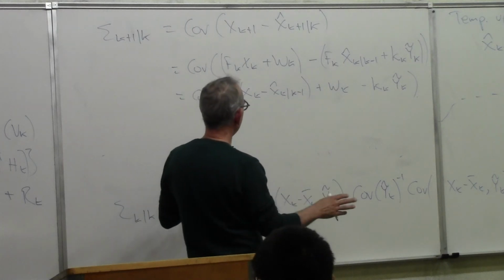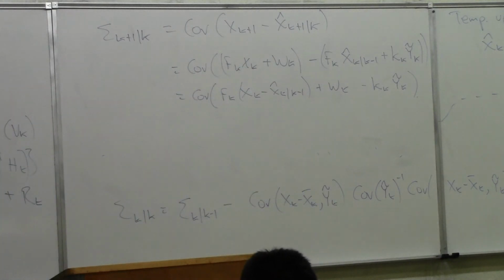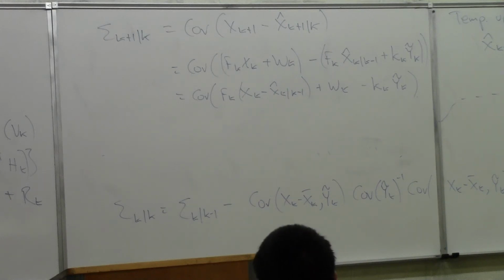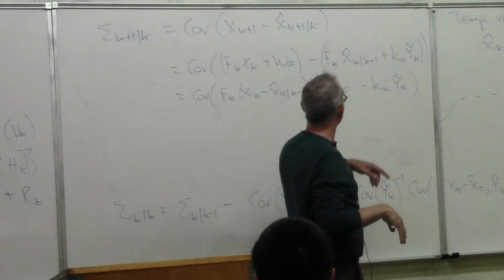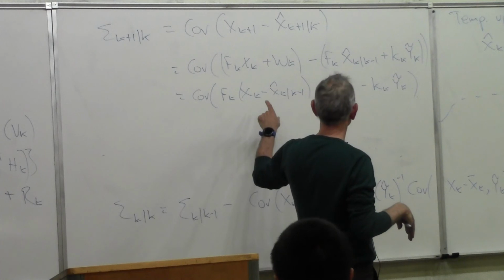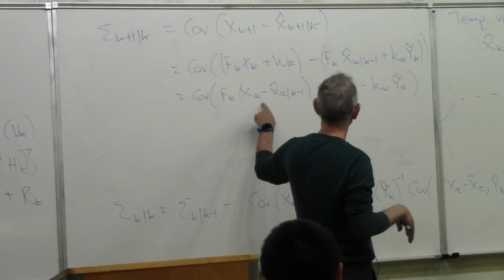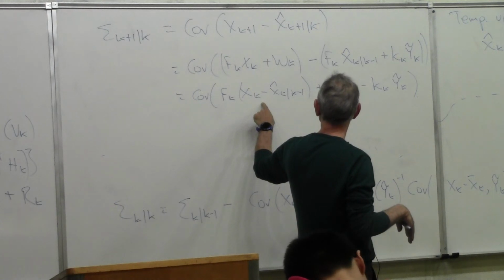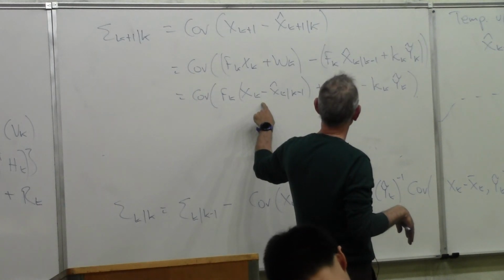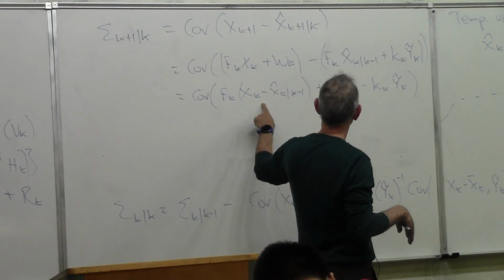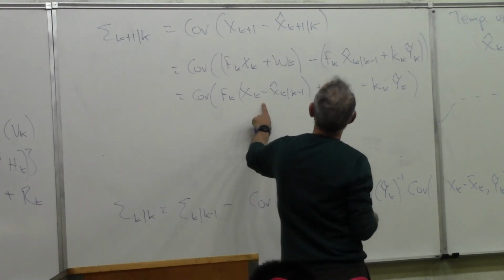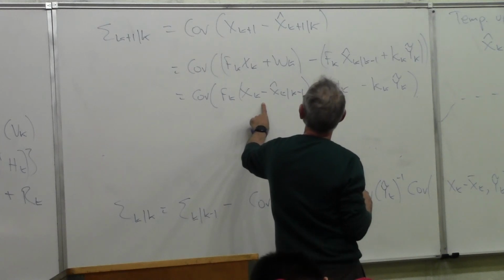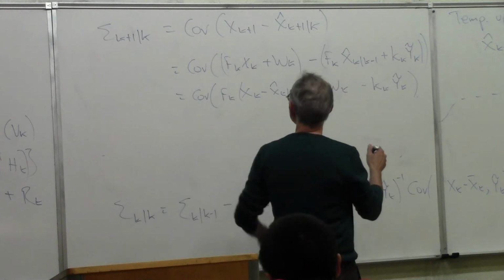So everything here is orthogonal, right? Because w_k was new noise, and it's orthogonal to all the past x_k and everything else. And w_k is orthogonal to anything involving observation, so that's all gone. Now hold on a second. No, I don't want to do that. I don't like this, everybody. Do you? It's true.